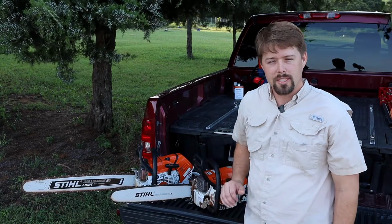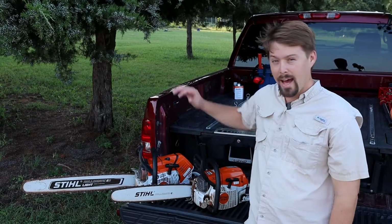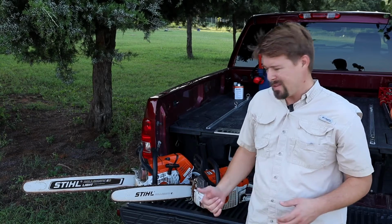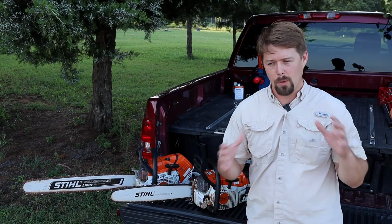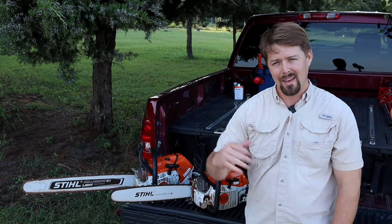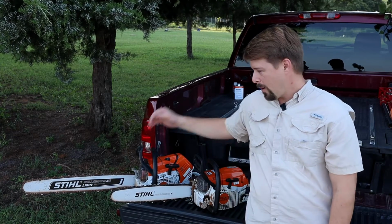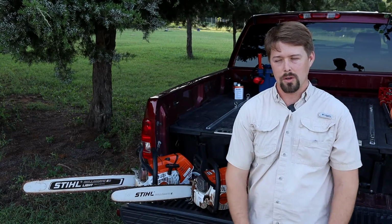Some of the reasons you'd run that 261, obviously the cost. In terms of cost, this is less than half the cost of the 500i, which is one of the most expensive chainsaws that Stihl sells. But the 261 is an awesome saw for limbing, for smaller trees, just a great grab and go chainsaw. But if you're going to be looking at trees in excess of 20, 22 inches on a regular basis, you might want to look at a bigger saw. It could be the 500i. Obviously there's the 462 and some other options, but